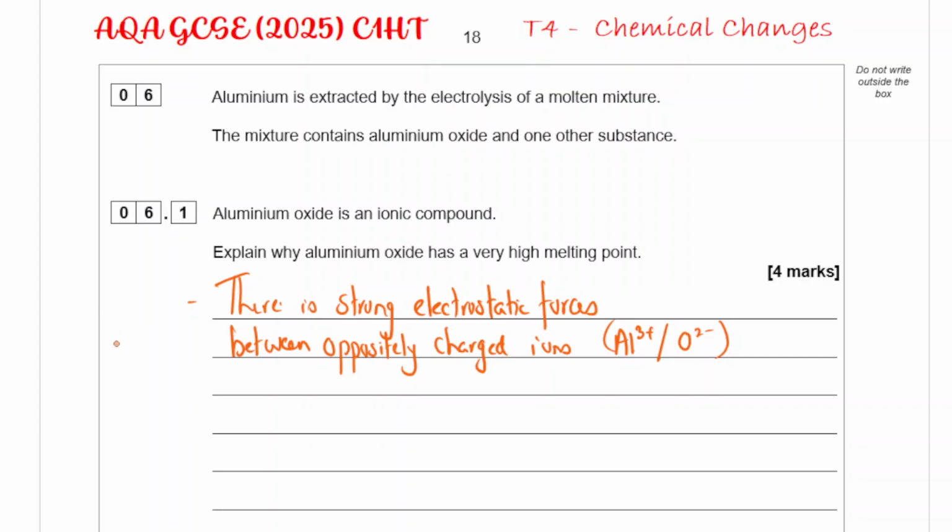So it's not just simply between 2 ions. If that's aluminium with a positive charge, the oxygen has a negative charge, but the aluminium attracts an oxygen on the other side as well. So the charges are attracted, these electrostatic forces are all around it, which act in all directions in a giant structure,